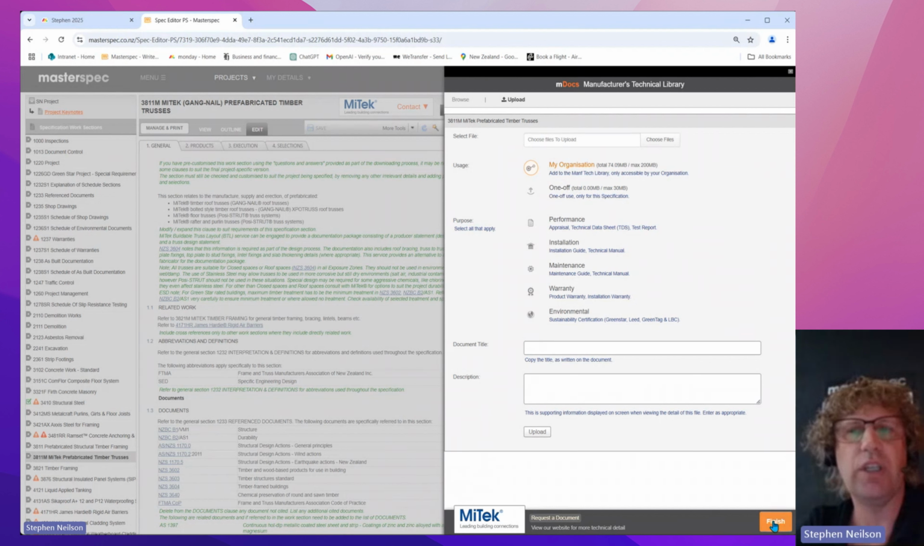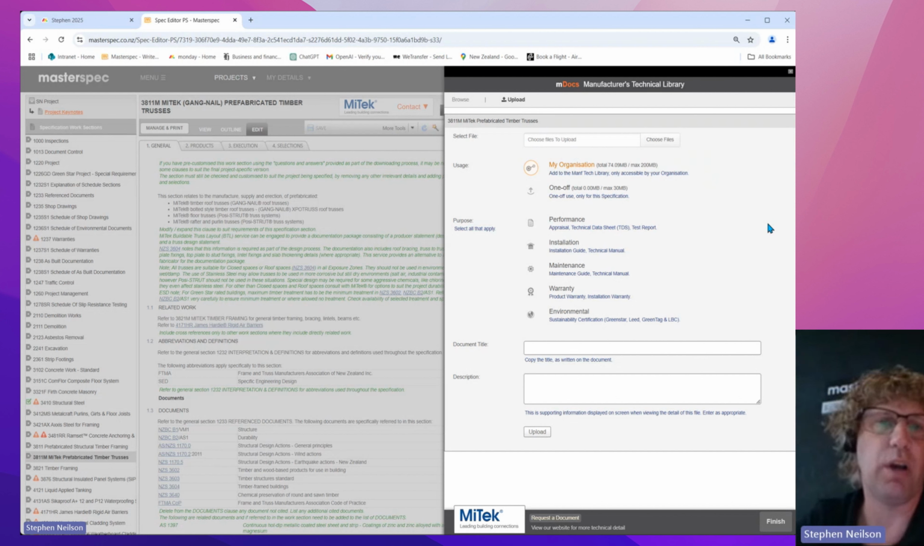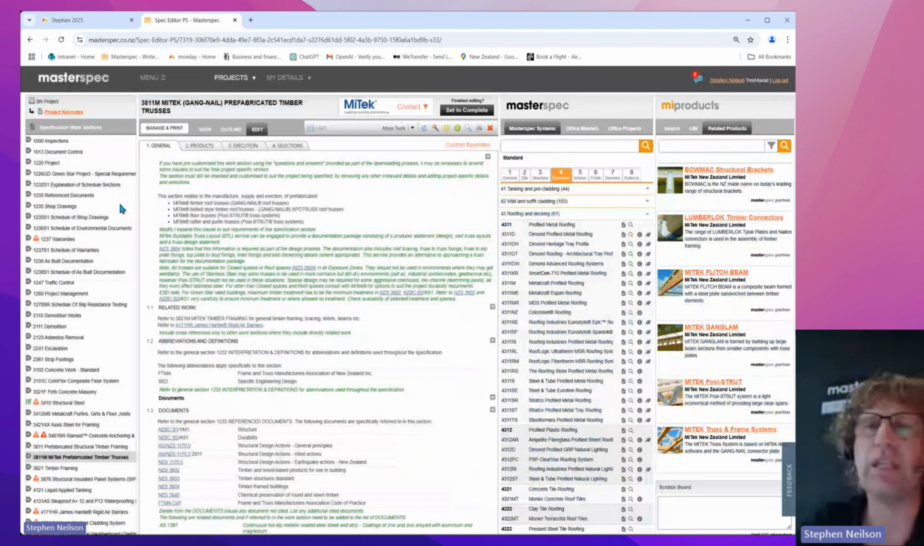And then when you're done, you go finish. That way you've attached your own documentation to your specification. Quite often people have extra documentation that's not listed in the mDocs and may come from other sources, or you get separately from the actual product supplier themselves. And that's why you do your own uploads. If we just jump across, that's how you attach documentation for each of the work sections as you work through them. Or if you want, some people are quite happy to go ahead and go along under Manage,